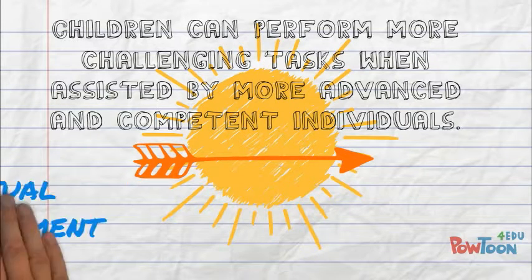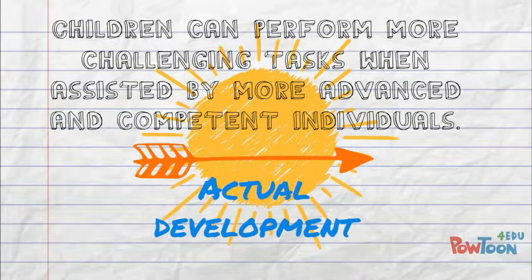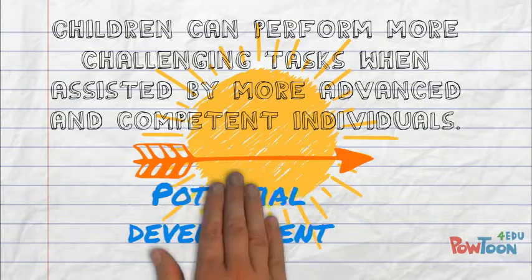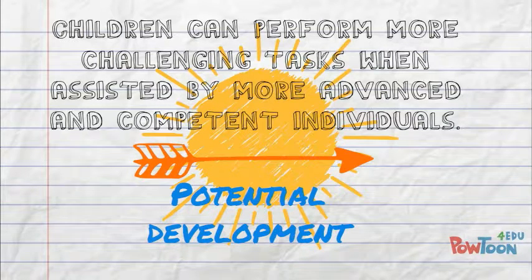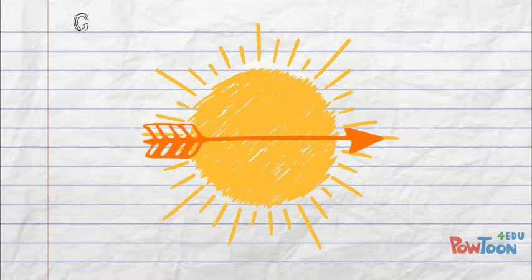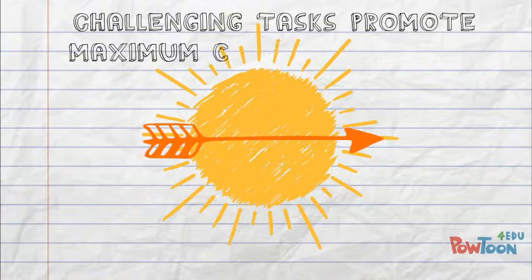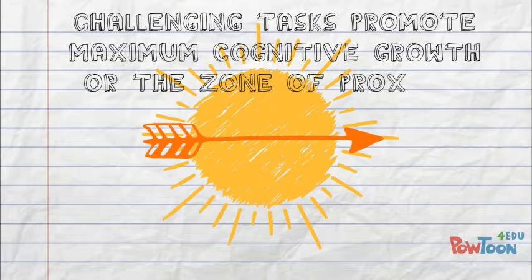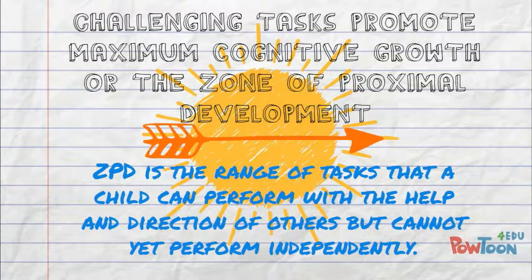Vygotsky identified 2 levels of development: actual development, which is the upper limit of a task a child can perform individually, and level of potential development, which is the upper limit of tasks a child can perform with the assistance of a more competent individual. Challenging tasks promote maximum cognitive growth, or the zone of proximal development. ZPD is a range of tasks that a child can perform with the help and direction of others, but cannot